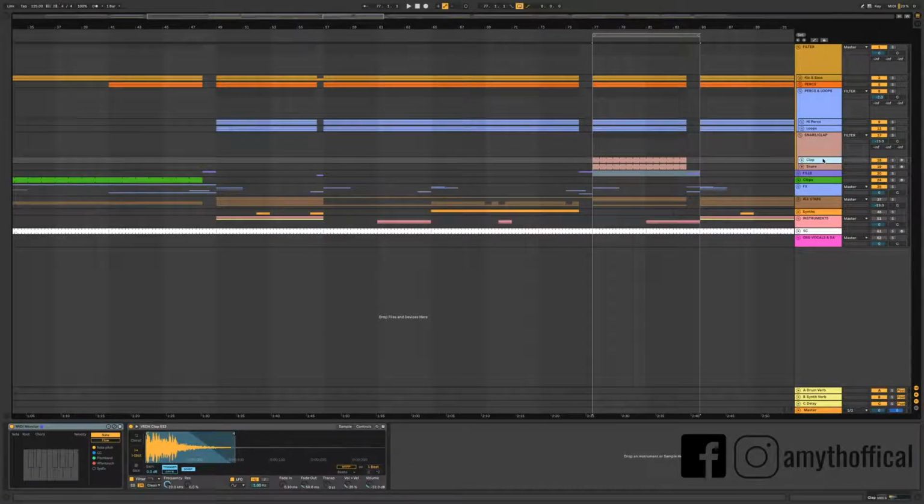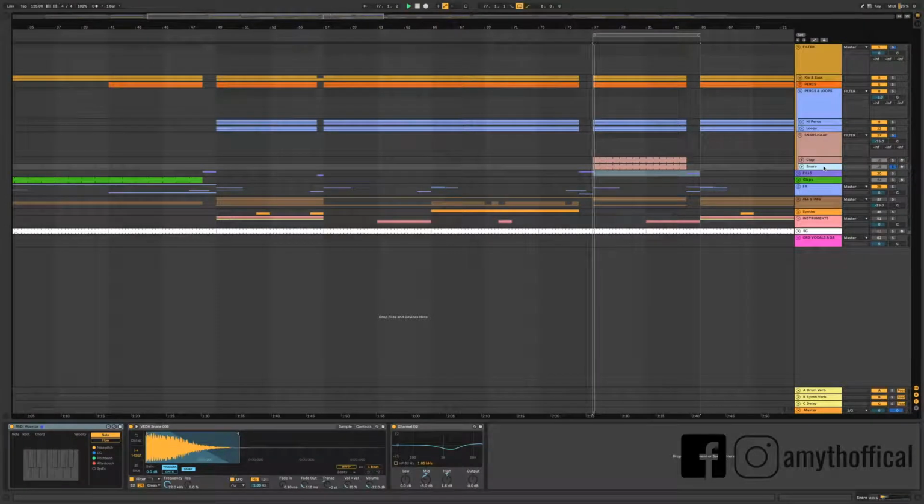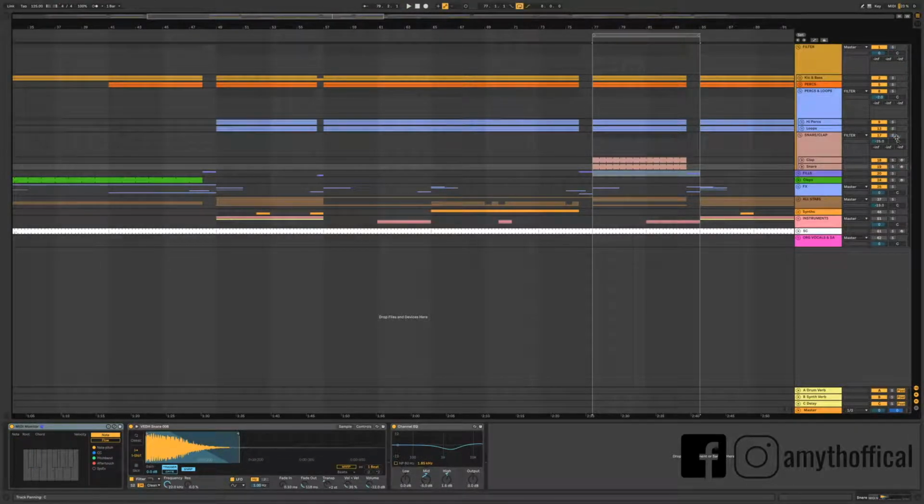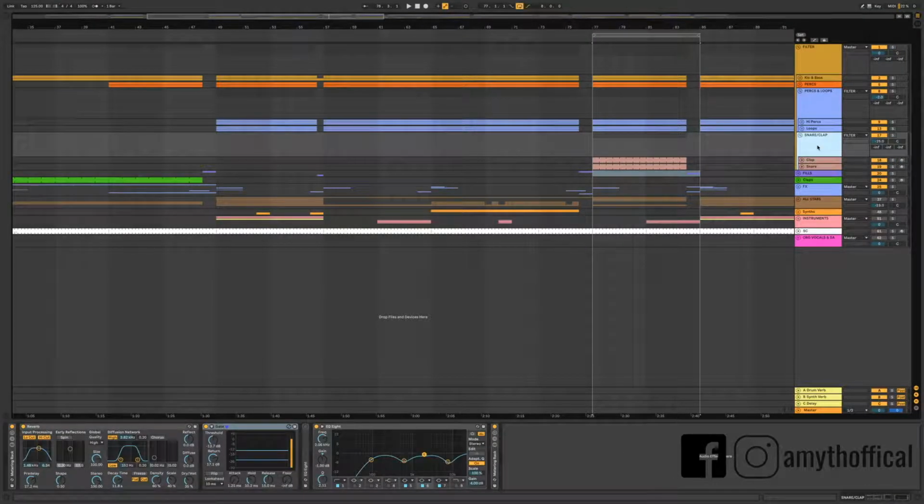So the first one is just a clap track with a clap sample, and I've layered it with a snare with a channel EQ, cutting off just a little bit of high mids. This is the snare without the channel EQ. Yeah, there is a difference. So if I play them now together, they sound like that. So now what is happening is I've sent these two into this group, and over here